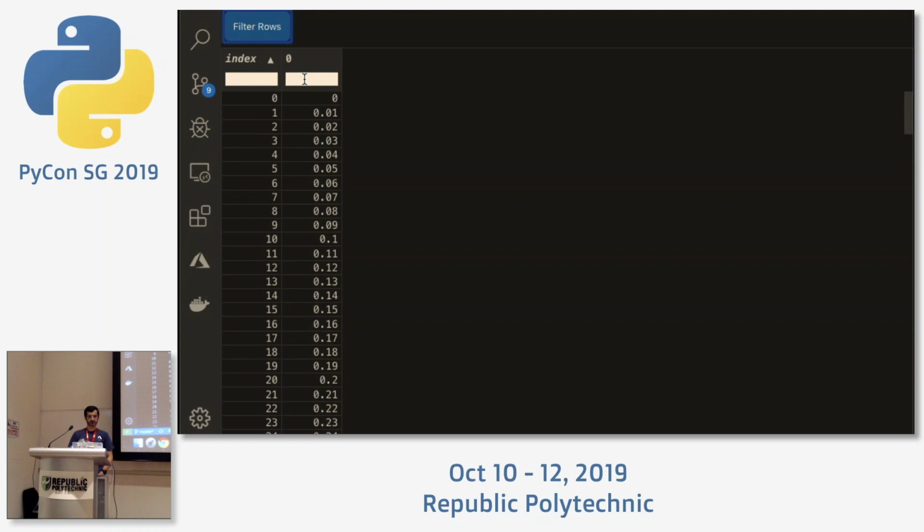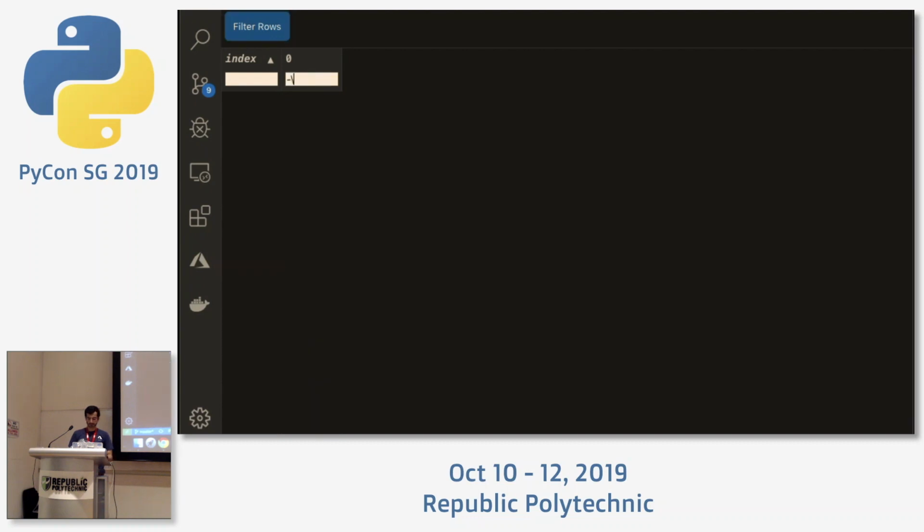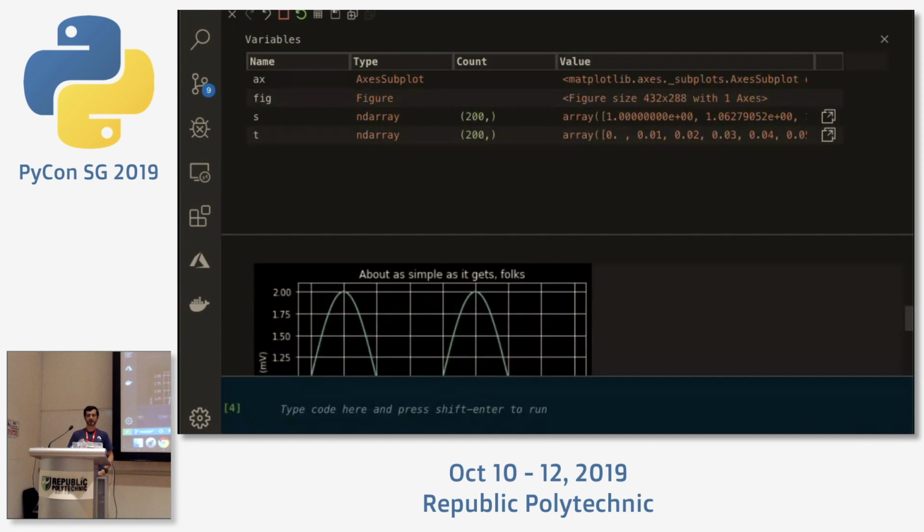And for instance, you can filter it. Let me see. I want to filter only the 0.1s. Whoops, 0.1. There you go. Those are the items. So it gives you a little bit of extra productivity features that you can do directly